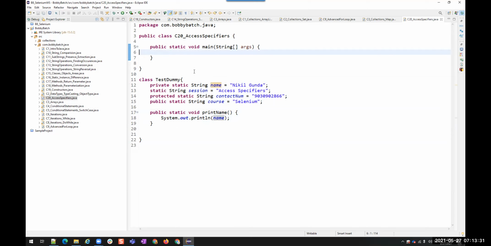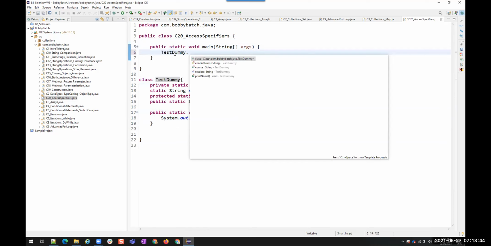So if I want to access a variable from other class, which is static, so what should I do? From the static area, I can use class name dot name. You see, am I getting the name variable here? I'm getting contact number, course, and session, and then I'm also getting the print name method. But do I see name variable here?